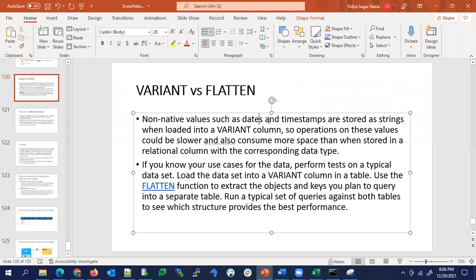Non-native values such as dates and timestamps are stored as strings when loaded into the variant column. So operations on these columns could be slower and also consume more space when stored in the relational column.